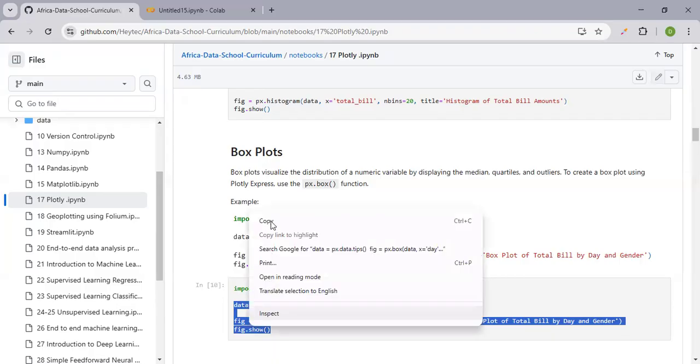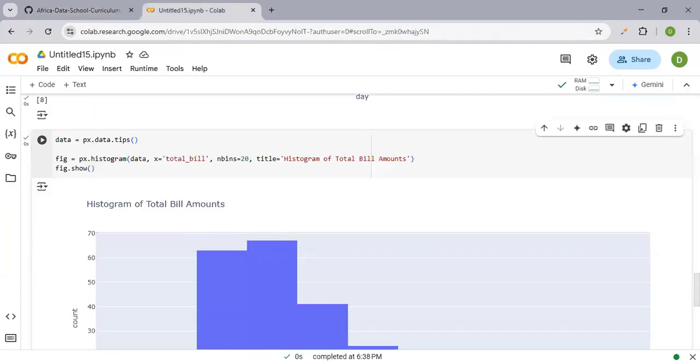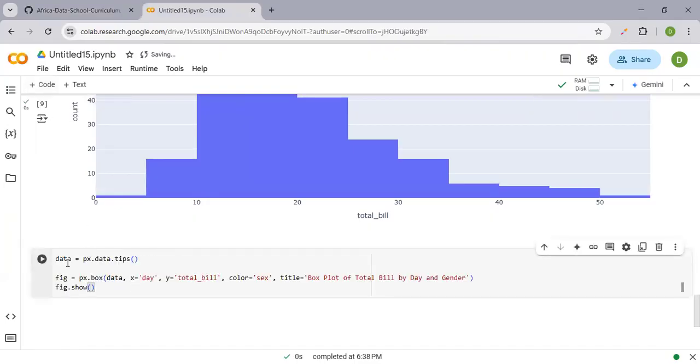So the box plots, just copy it. So data is equals to px.data.tips. We're using that built-in data set. In this case, we've defined the figure as px.box, then reference to this data right here. Then on the x-axis, we want day, y-axis, we want total bill. Then we want it to distinguish the color based on sex. Then title is this. So when we run this,